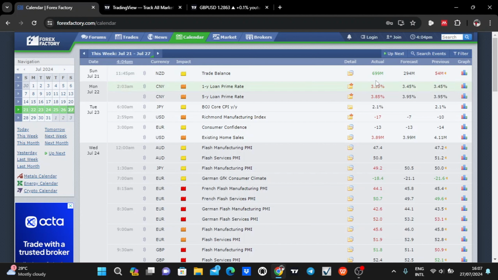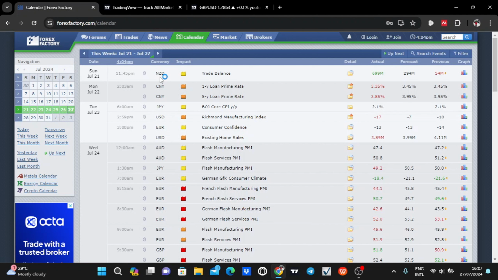So when the actual comes out positive, it tells the fundamental traders that the currency is very strong. So what they start doing is that they buy its base pair. They start buying pairs that start with NZD, like the NZD USD,